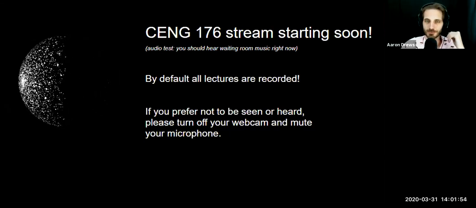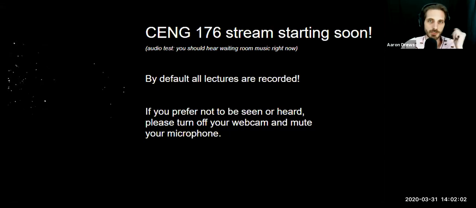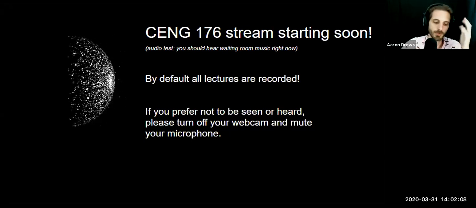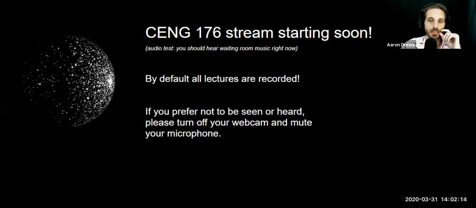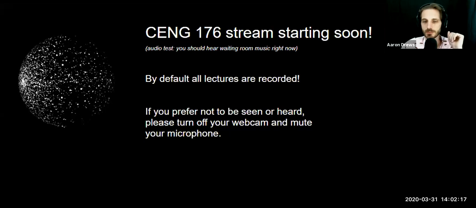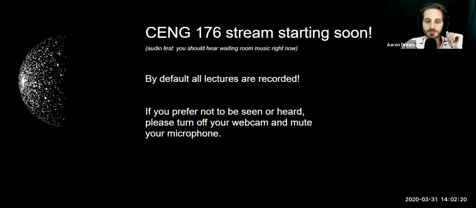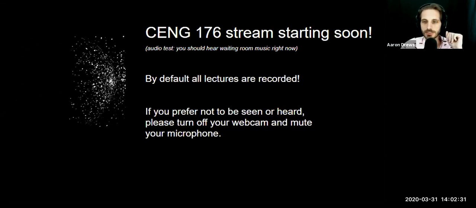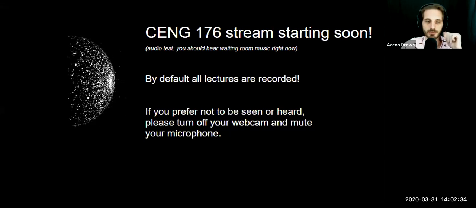Obviously, the platform is different, right? We're in Zoom right now. And so a couple of things that you can do in Zoom if you haven't been in Zoom before is check your chat window and check the participants window. So you can open chat with Alt-H, at least on a PC, and you can open your participants window with an Alt-U. And in particular on the participants window, you should see some green checkboxes. A green checkbox for yes, a red checkbox for no. So if you look next to my name, you can see I'm flipping right now between the two of them. So put a green check in chat if you can see me and hear me.